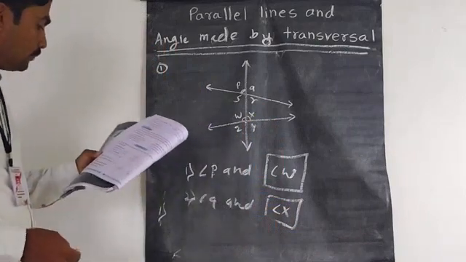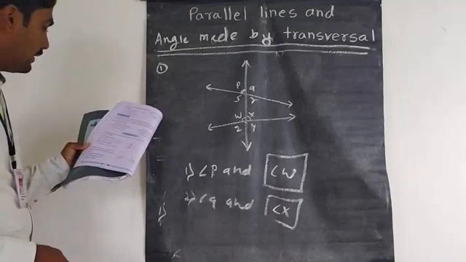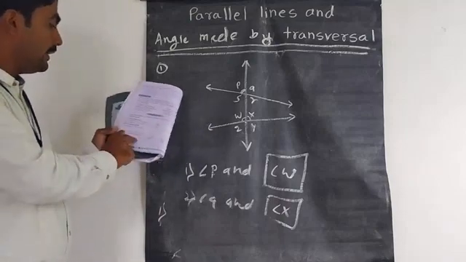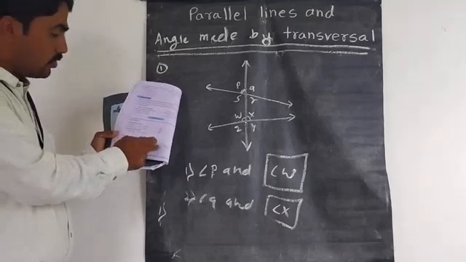Now we will see the second question. Observe the angles shown in the figure and write the following pairs of angles. You will write. Very easy. Interior alternate angles. You have to see the interior